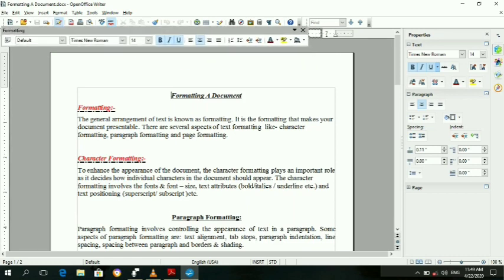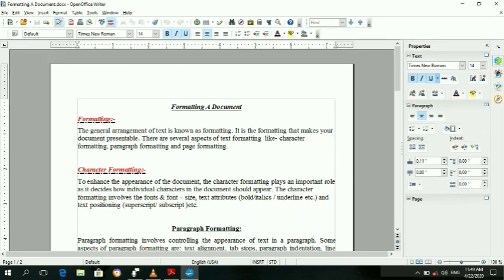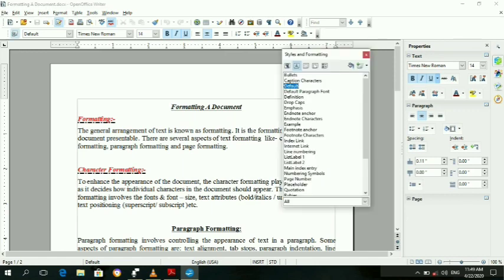It is available below the toolbar. Clear? Third method, the shortcut key for the Styles and Formatting window is F11. Once you press the F11 key on the keyboard, you will get the Styles and Formatting options.